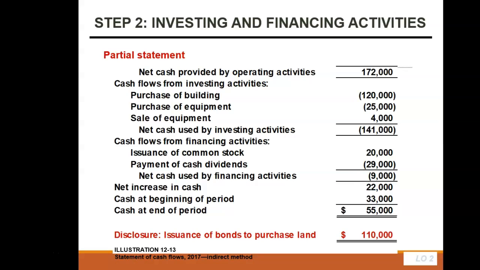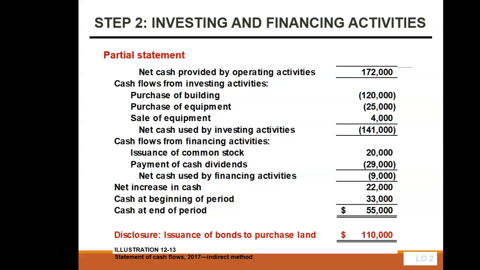So we know that most of the increase came from operating activity, which is good, meaning that it was earned. We did acquire long-term assets, so there's a decrease of 141,000 from investing activities. We issued common stock but paid out dividends, an outflow of 9,000 from financing activity. So overall, again, our overall cash account increased by